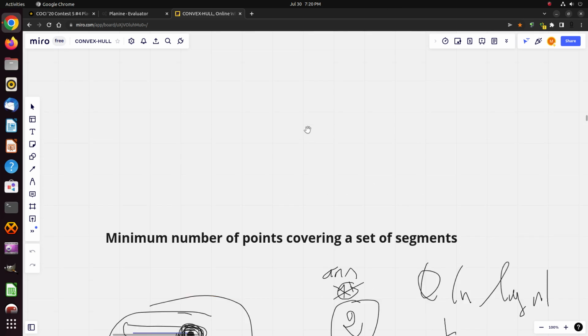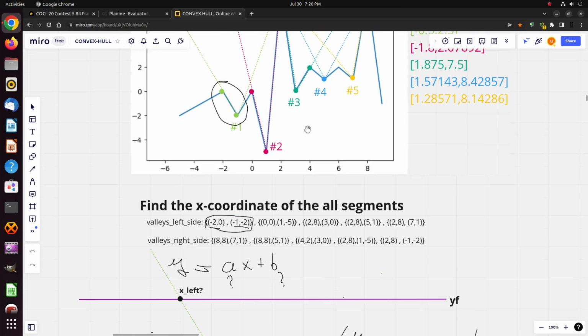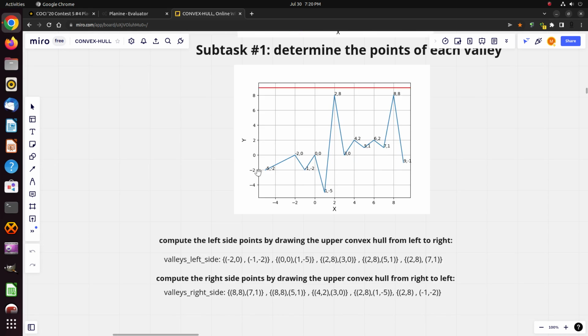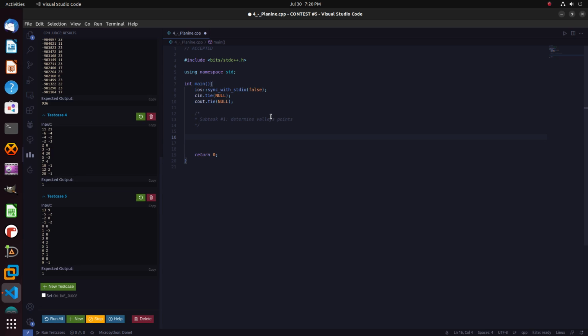As we have seen in the subtask, we're going to use the convex hull, the upper convex hull. We don't need the lower convex hull. We need, for each valley, the upper convex hull, like this, for each valley, like this, etc. We have seen this. So we need a function here